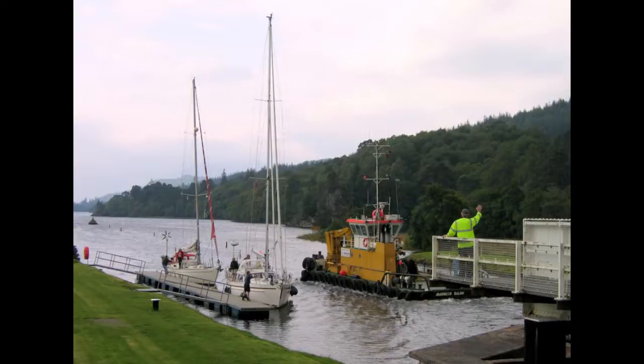Only 1/3 of the entire length is man-made, the rest being formed by Loch Dochfour, Loch Ness, Loch Oich, and Loch Lochy. These lochs are located in the Great Glen, on a geological fault in the Earth's crust. There are 29 locks, including 8 at Neptune's Staircase, Banavie, 4 aqueducts and 10 bridges in the course of the